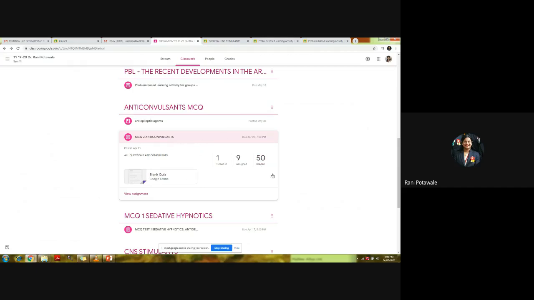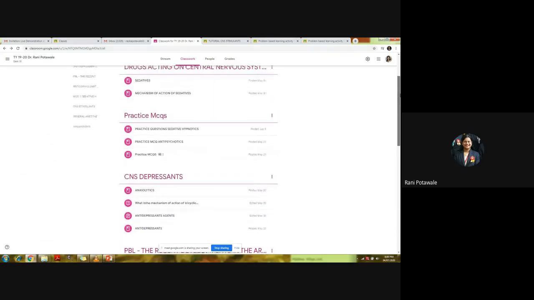Now here we can see some numericals. This will tell you the progress of your assignment. For example, this 50 is nothing but the 50 students who have submitted this particular assignment, and I have graded them also. The 9 students are still assigned with this assignment and haven't attempted it yet. And this one student has turned in but hasn't been graded yet. So this progress we can check from this same window.